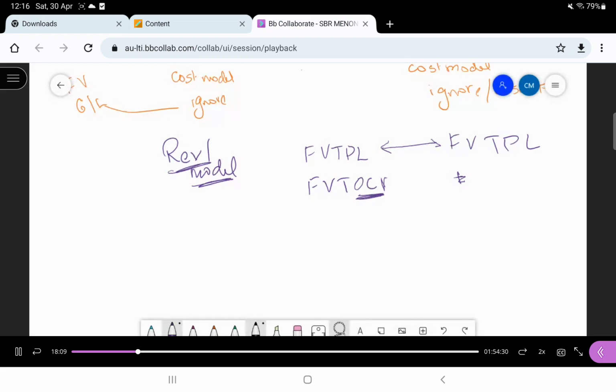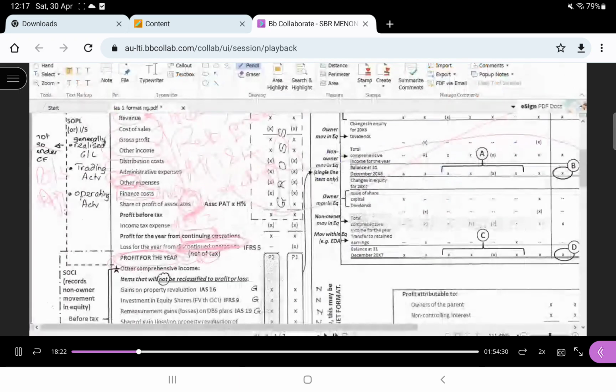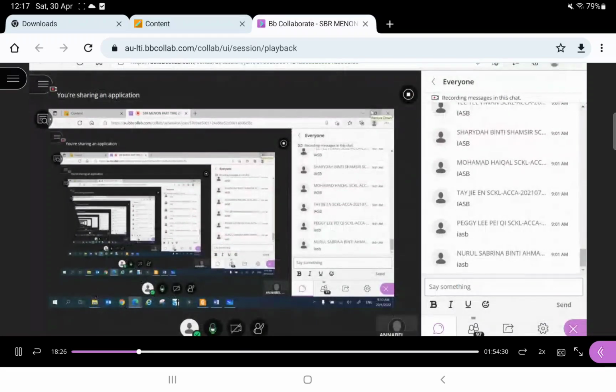You must understand how I approach the syllabus. So what I would like to do is teach you all the different models, so anytime you learn a standard in the future, you already know the measurement basis much faster. Do you all understand what I'm doing here? Hello? So as I said, when you learn IAS 1, don't panic. You're getting an overview of the syllabus. Technically you should finish F7 before SBR, but I don't know what you remember and what you don't. So I will take all the models and teach you in one shot. So after this, in future,